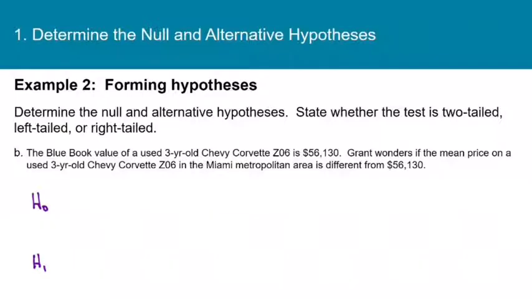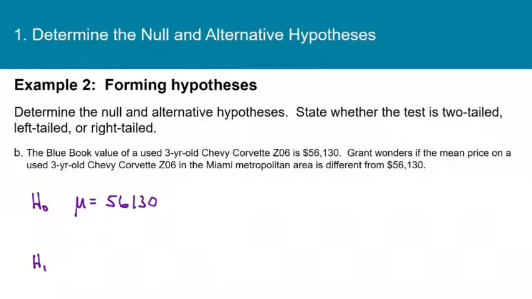Now let's see, what parameter is he testing? He wants to know if the mean price is different from 56,130. So mean is mu. So the null hypothesis will be that mu equals 56,130. And since he wants to know if the price in his area is different from 56,130, then he's interested